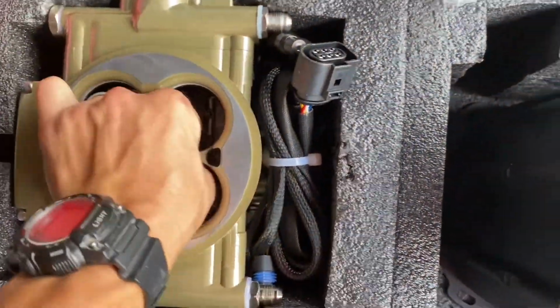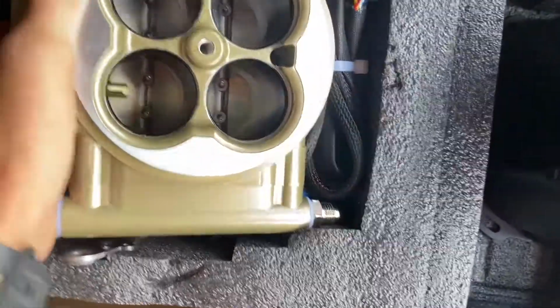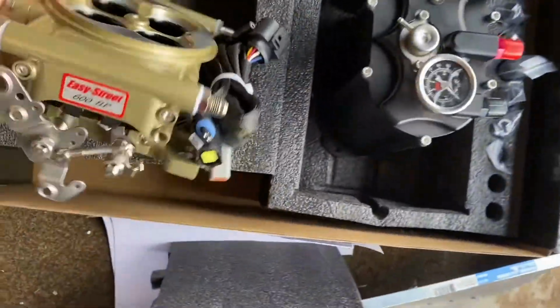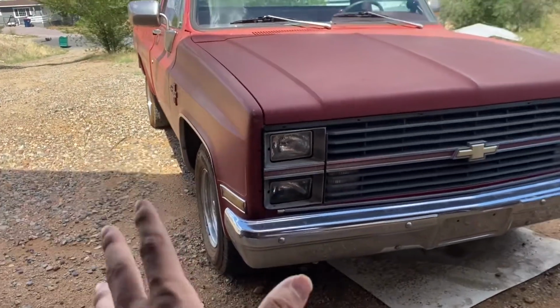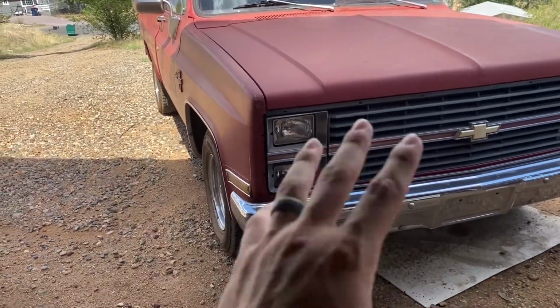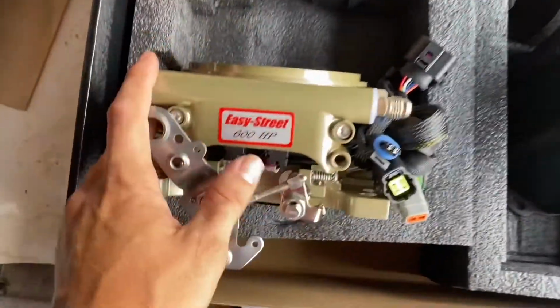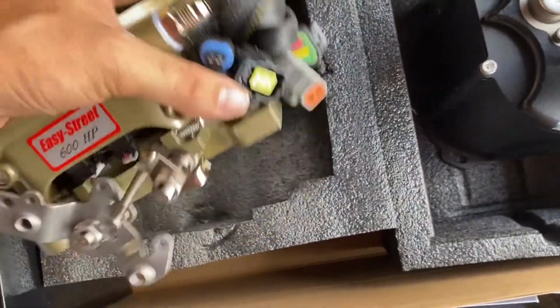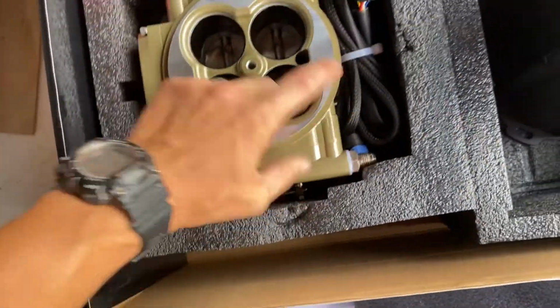The TBI, this is the 600 horsepower one. I was gonna do the 400, but why would I do such a thing when I have no idea what power this thing makes with the bored over 40 flat top pistons and the cam and heads I put on it. I was expecting less, but when I took the heads off and it had flat tops, I was like, oh, this engine's been rebuilt, and now it makes more power than I thought it was going to. So 600 horsepower, and what's so cool about the FITECH especially is the simplicity of it now is